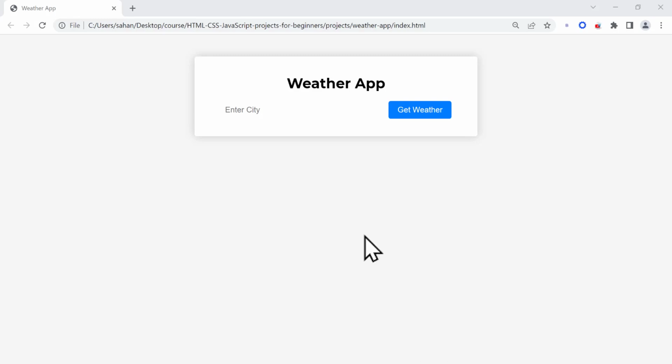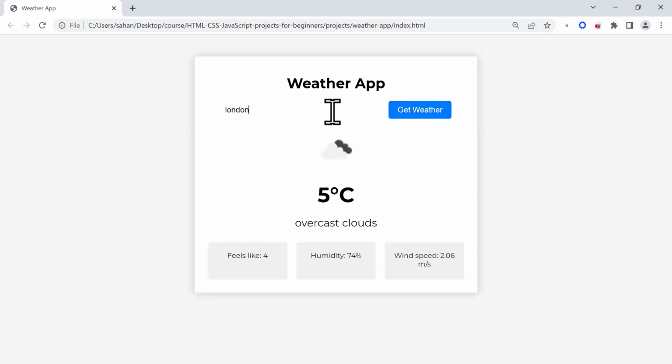As you can see from the final version of the project, we have an input and a button saying get weather. If you write down the name of the city that we want to check the weather for, for example, I write down London, when we click on get weather or press enter, we are going to get the data related to this city, including the icon related to the forecast of the weather,